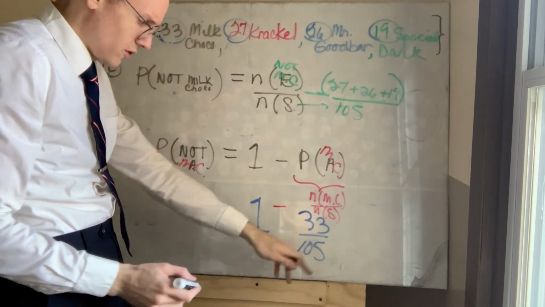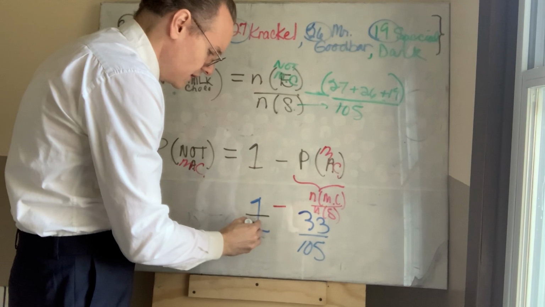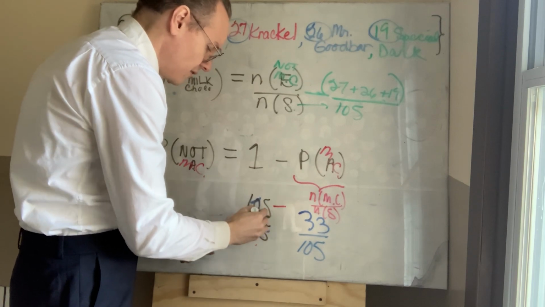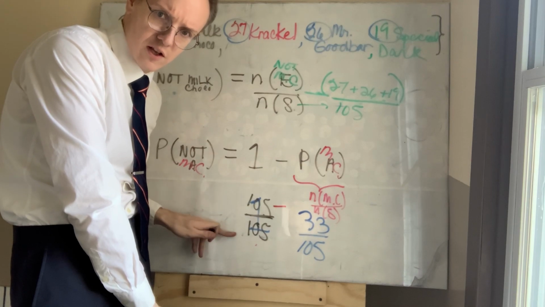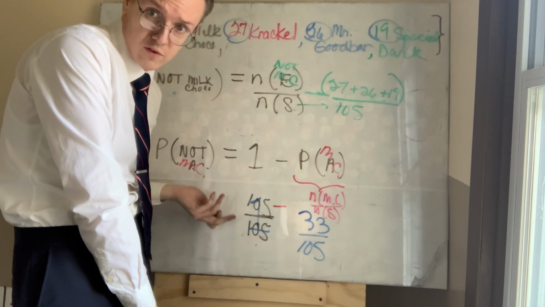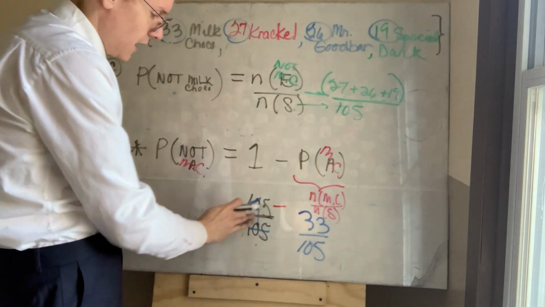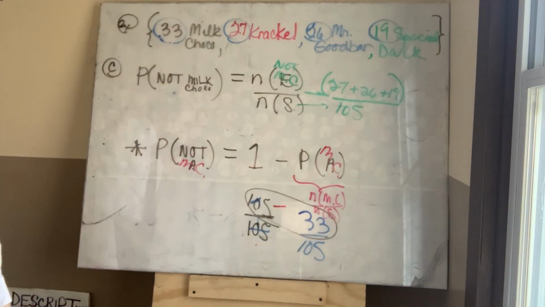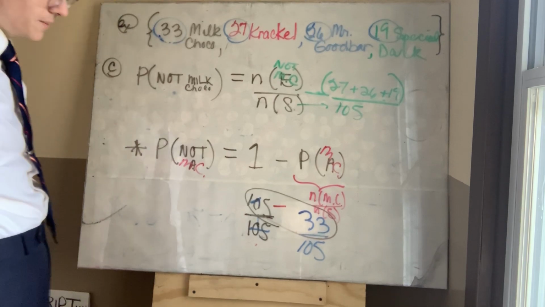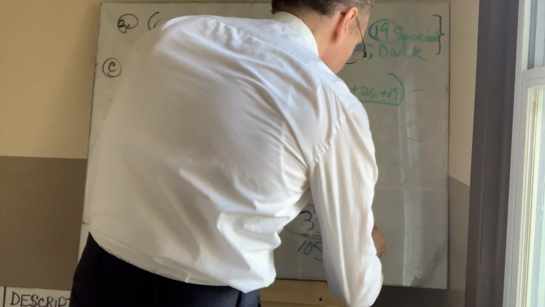So if it's 105, think of this as being 105 sitting on top of 105. To divide the top by itself would be 1, as long as it's not 0. And then just subtract these numbers, 105 minus 33 produces this,